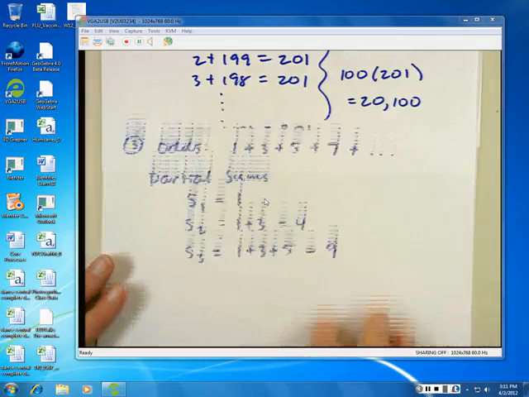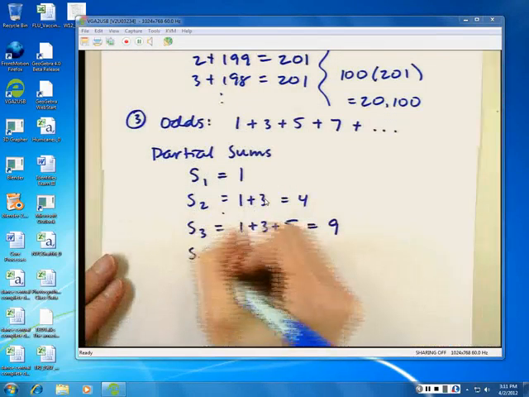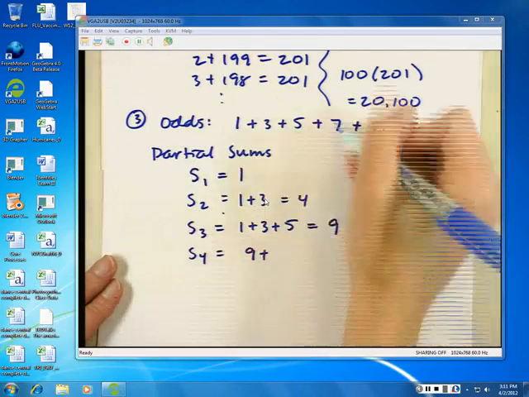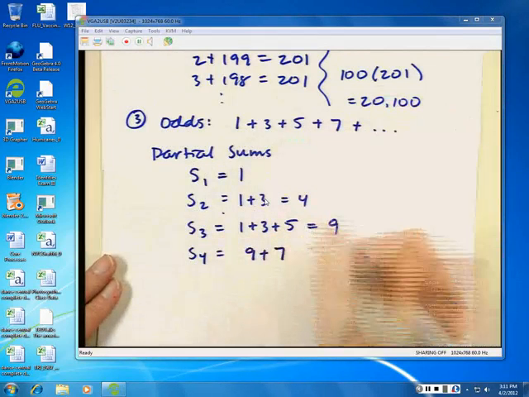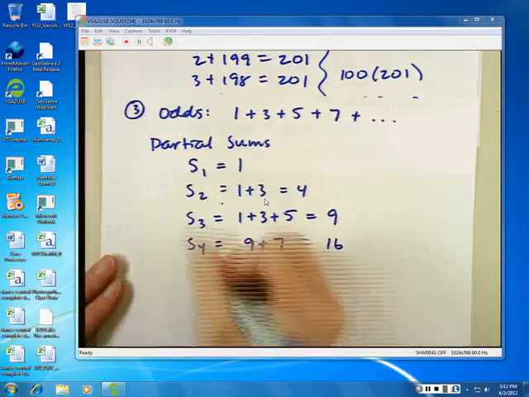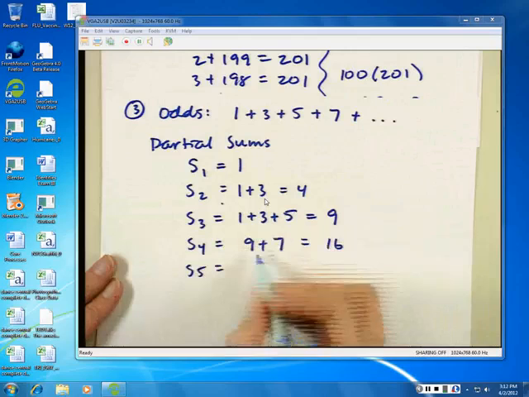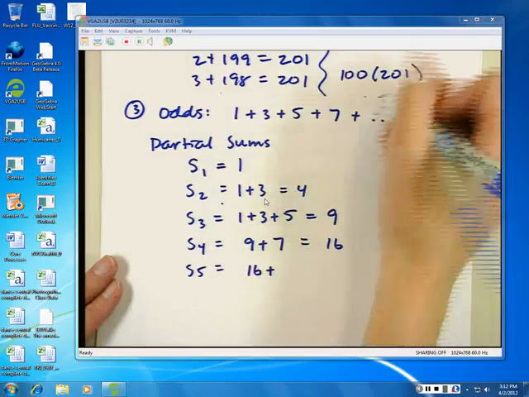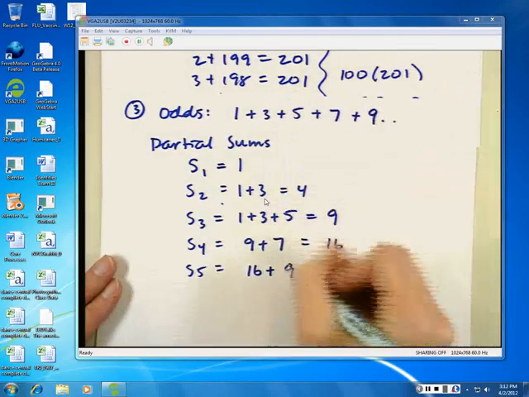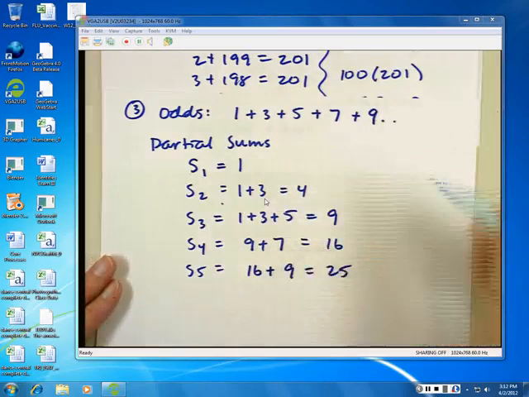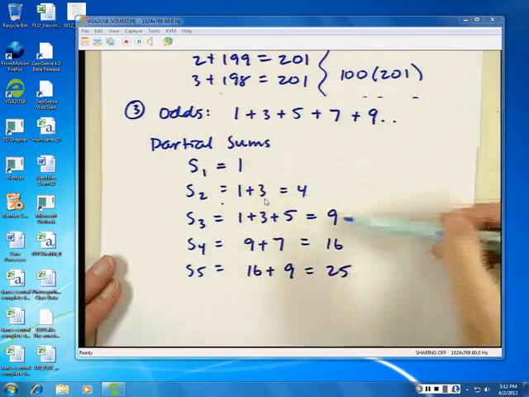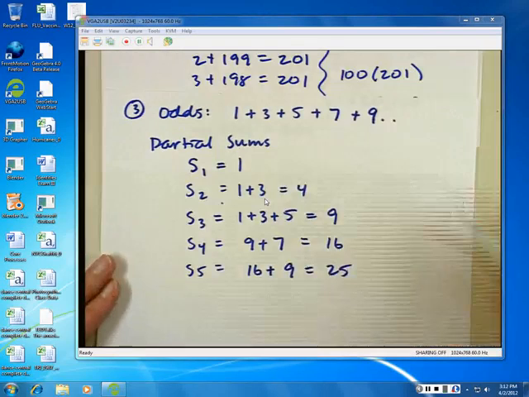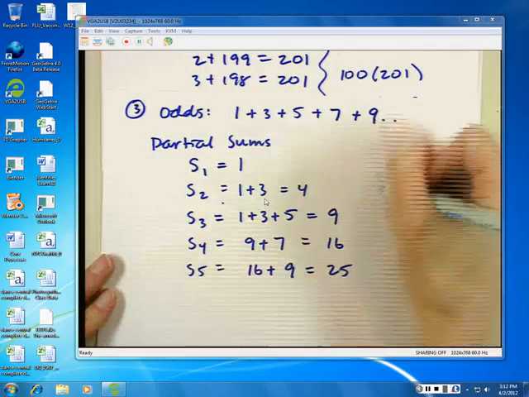Do you see something in common with those numbers? S sub 4, that would be 9 plus the next number, which is 7, which is 16. I'll do one more. S sub 5 is going to be the first four numbers, which add to 16, plus the next odd. I don't have it listed up here, but that would be 9, which is 25. Okay, what do 1, 4, 9, 16, and 25 all have in common? Do you know? These are all perfect